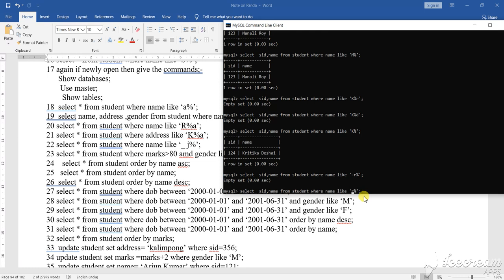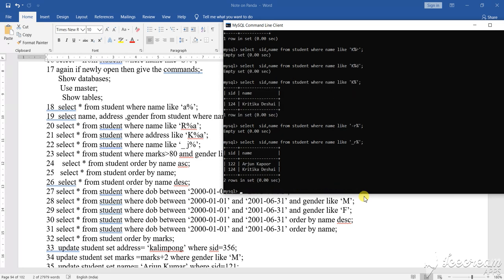Just a minute. Another one I am showing you. With anything can start, that means it will see here. This one I have given minus R, that means it is taking R deducted from there. So another one I am giving underscore R, which means it will show all the values with R. Okay, so this is what you can find, those particular things can be shown.